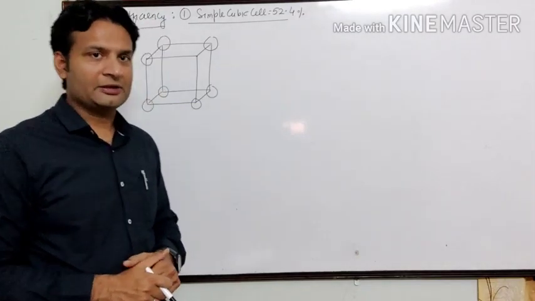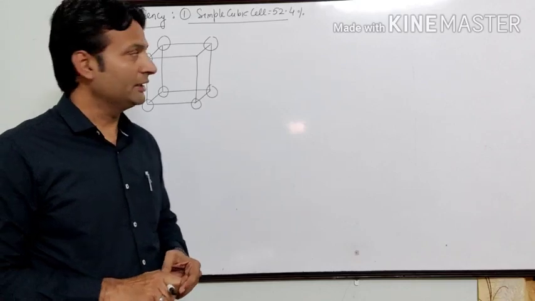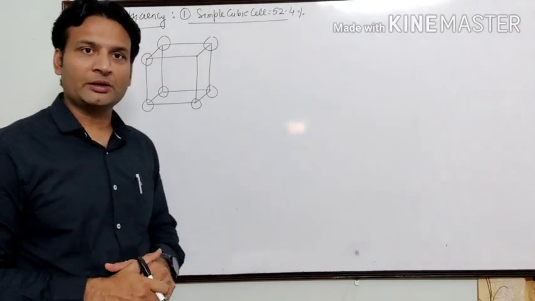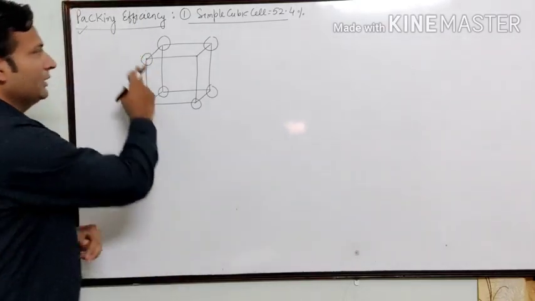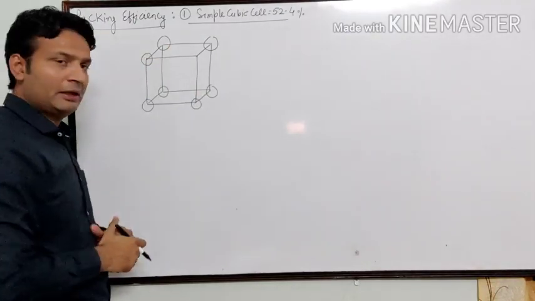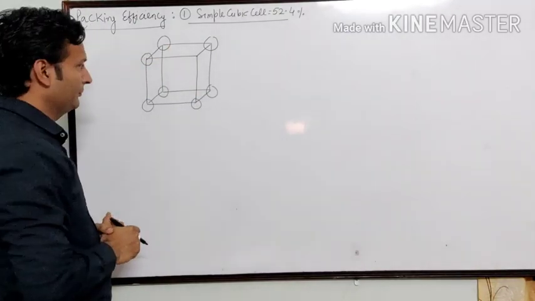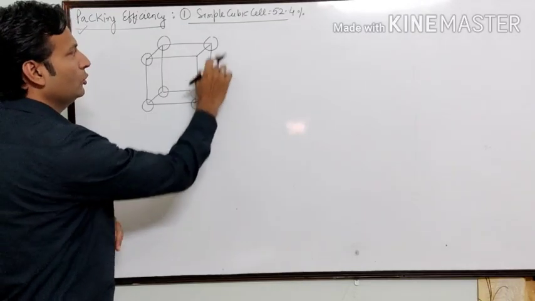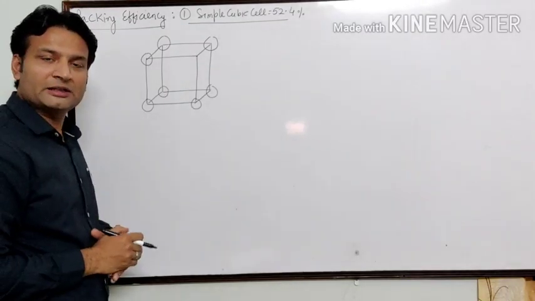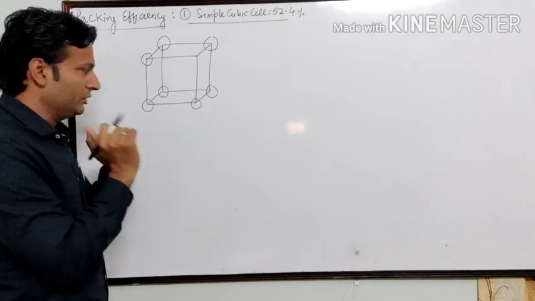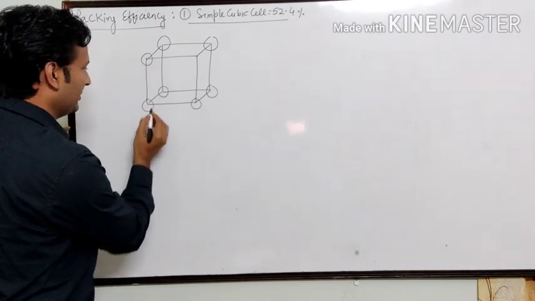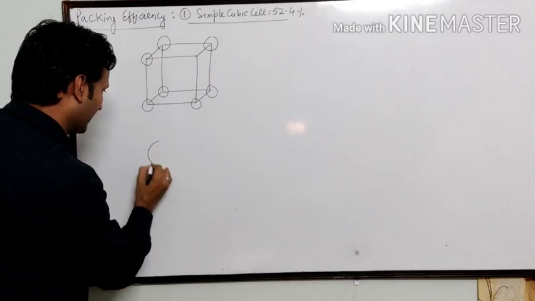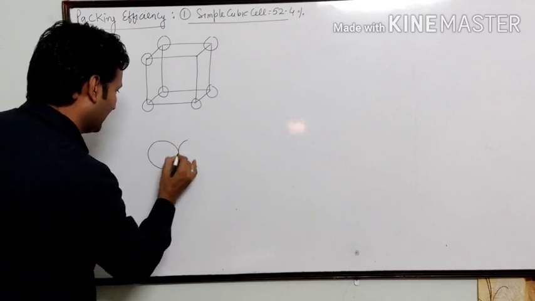Let's start with our first unit cell, that is the simple cubic unit cell. As you know, in the simple cubic unit cell, the particles are only present at corners. अगर इसमें देखें तो कॉर्नर्स के जो पार्टिकल हैं इन पे मैंने पार्टिकल्स दूर दूर रखे हैं, बट इन ए सॉलिड स्ट्रक्चर द पार्टिकल्स आर क्लोजर टू ईच अदर. इट मीन्स अगर आप इन पार्टिकल्स को बनाना चाहें तो ये एक्चुअल कंडीशन में ये पार्टिकल पास पास हैं.